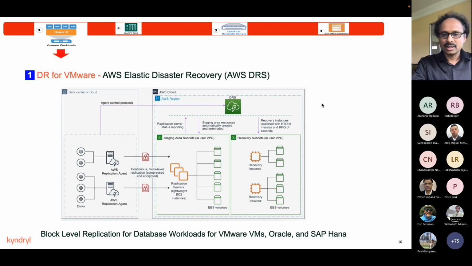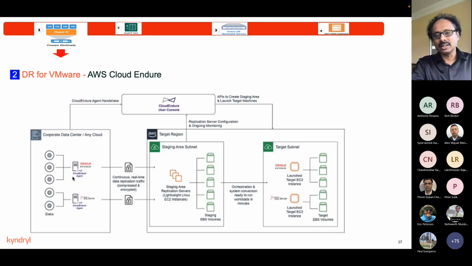Number one, AWS DRS. This is one of the services AWS provides in order to replicate the data from on-prem to AWS in a staging area. And they have an orchestrated automated solution to migrate the data from the staging area to the real VPC. You can also deploy the replication agents on-prem. That takes care of the continuous replication. I do have a detailed view on how DRS works. Let me know if you are interested in getting more details.